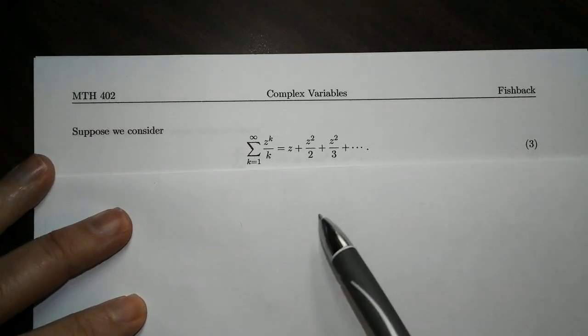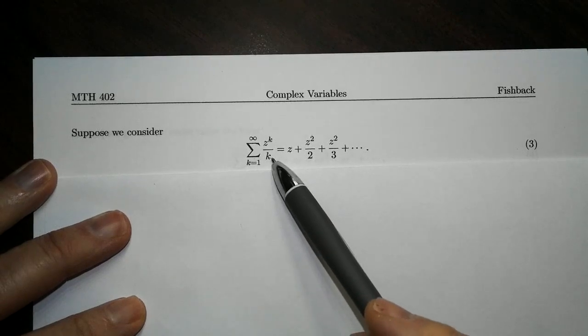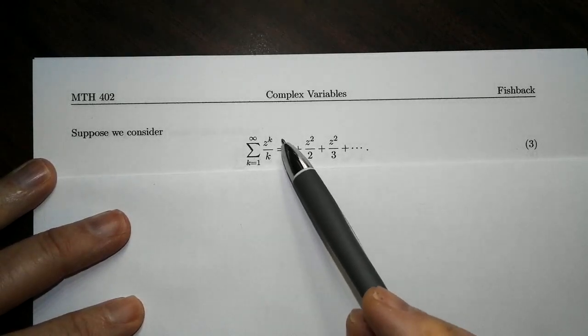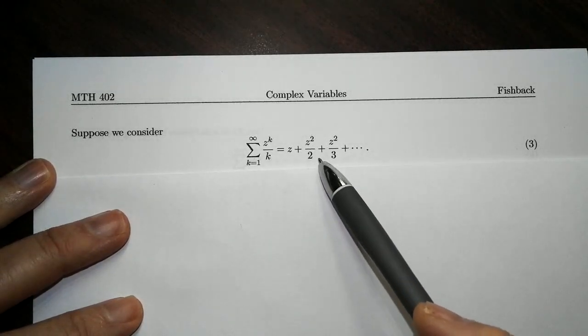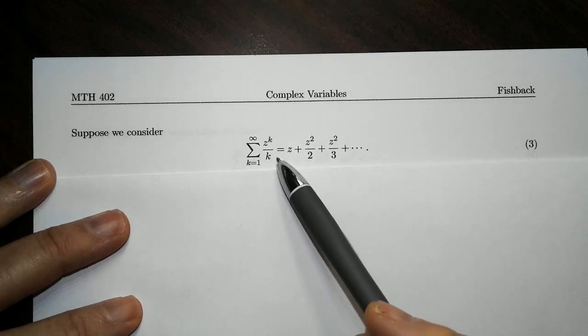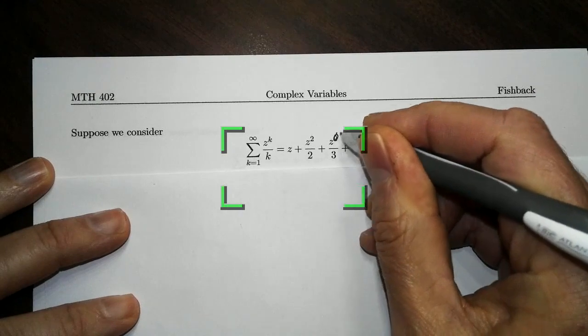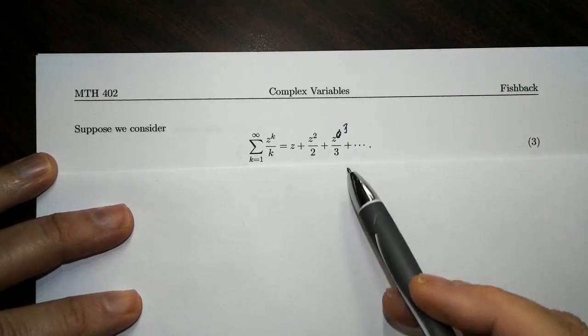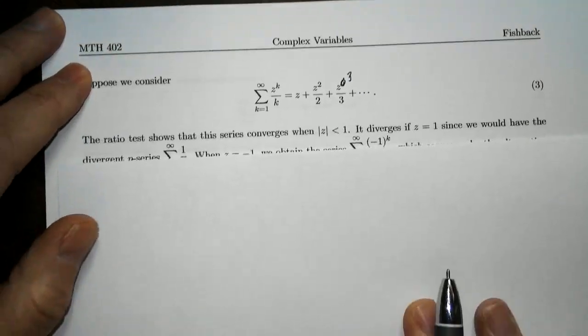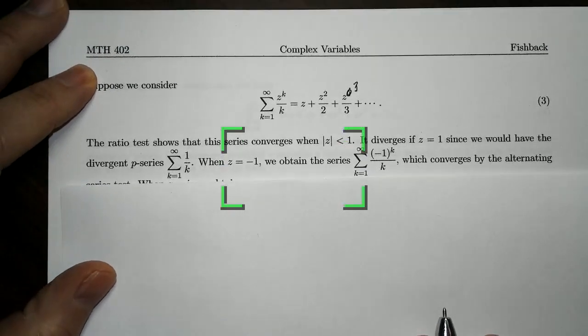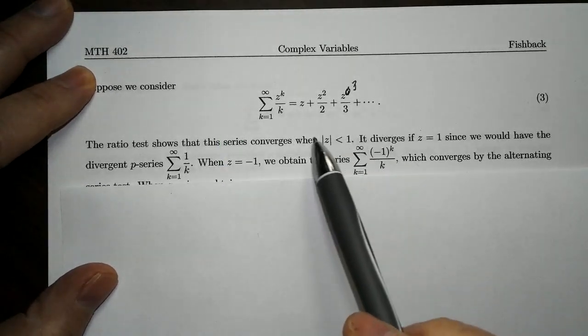The sum from k equals 1 to infinity of z to the k over k. If k is 1, we'd have z. If k is 2, we'd have z squared over 2. If k is 3, we'll have z to the third over 3. Now we could use the ratio test, just like we did on the previous page, to show that this